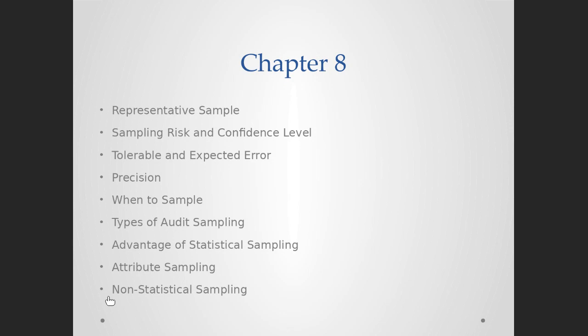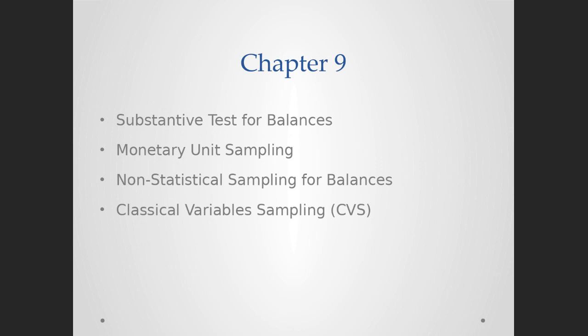So I'm going to go through an overview of all 3 of the chapters, and then I will give you opportunity to ask me questions from any chapter you like. Okay. Then we have chapter 9, where we discuss something called substantive testing, which is the heart of the audit, which is testing the financial statements with the help of documents, etc. And we discussed 2 different types of sampling methods: monetary unit, and we also discussed the non-statistical monetary unit sampling using a different formula than the monetary unit sampling statistical method.